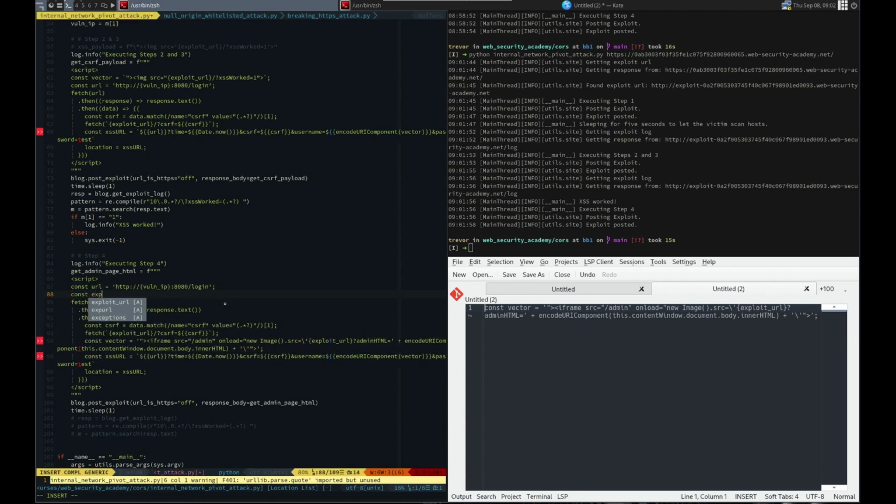Const exploit URL equals single quote, and we're gonna do exploit URL. This is just so that we transfer it from Python into JavaScript, and then down here const vector equals single quote iframe source. I'm gonna have to remove these double quotes. I don't know why that would cause an issue, but, and then here I'm going to do double quote plus